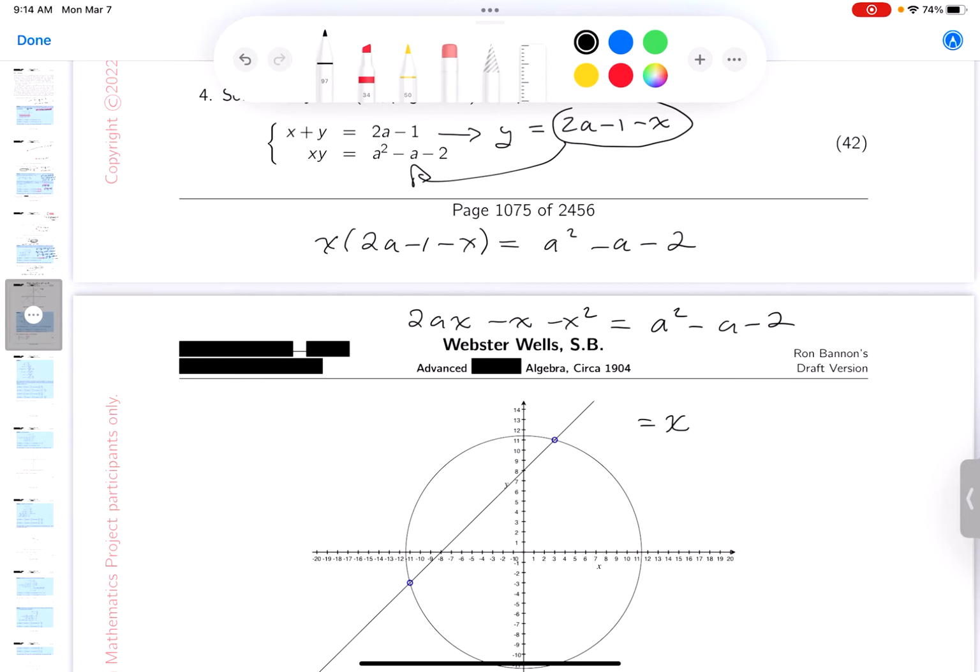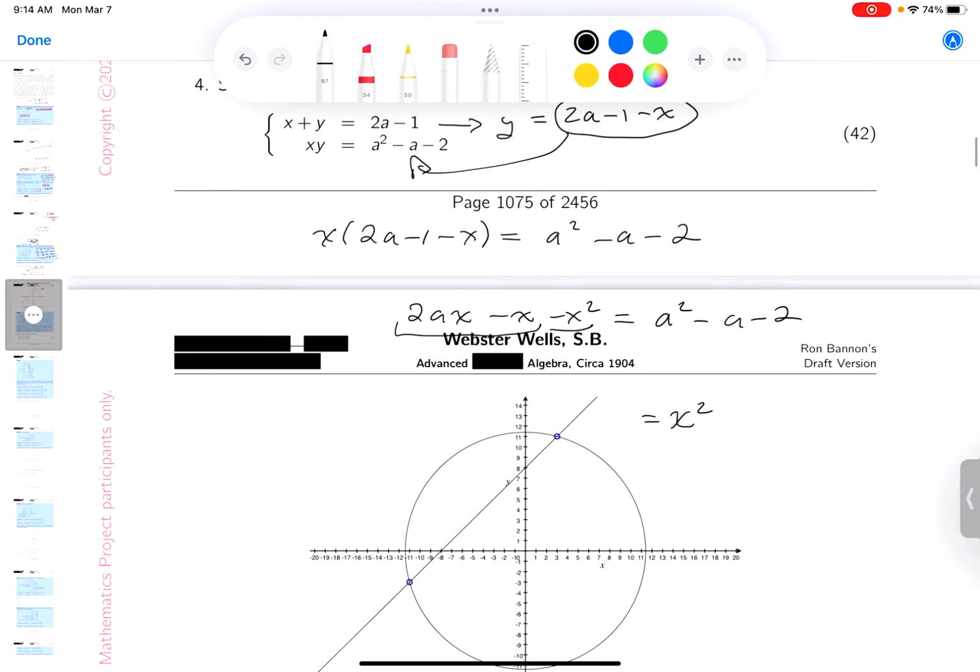Well, it's certainly quadratic. I see the x squared, and then I'm going to take this, bring it on the other side, which would be x squared minus 2ax, and then it's going to be plus a squared minus a minus 2, and this equals 0. Let's keep going. This is x squared. I'm going to factor the x out. That way we get a coefficient. What's the coefficient going to be? 1 minus 2a, x, and I'm going to factor this out here and see what it factors to. I'm going to say a,